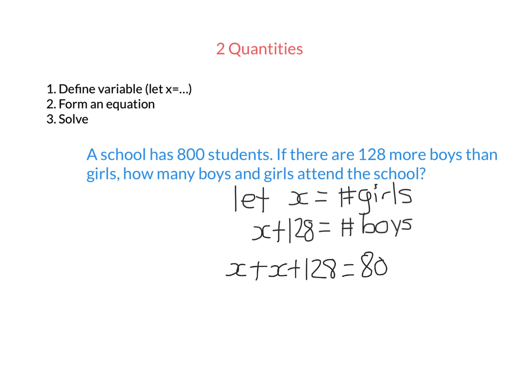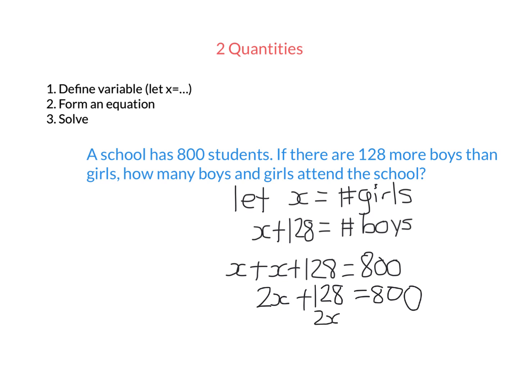So we're going to simplify this equation a bit. We have two x's. x plus x is 2x. So we've got 2x plus 128. I can't add x and 128, not like terms. 2x plus 128 equals 800. Now this looks familiar, like so many others that we have solved. So what I'm going to do first is subtract